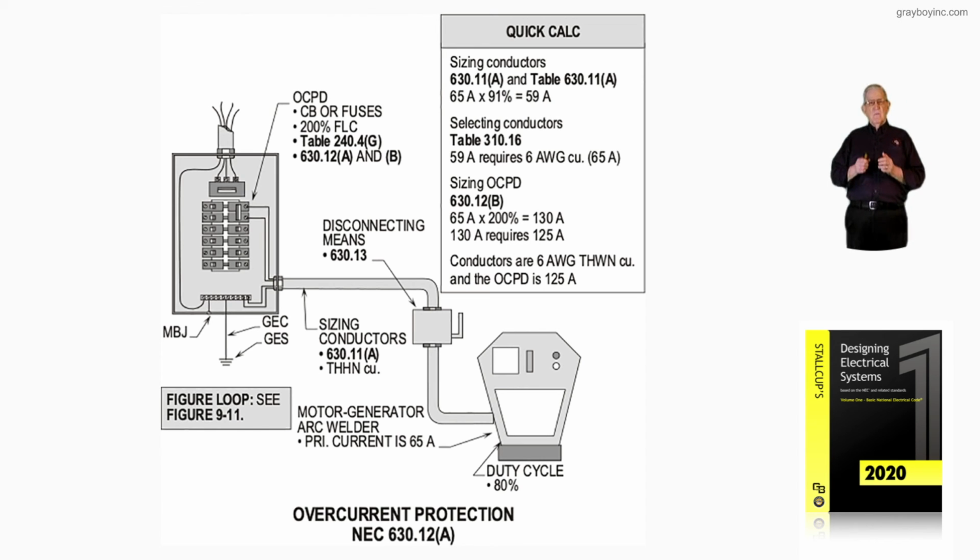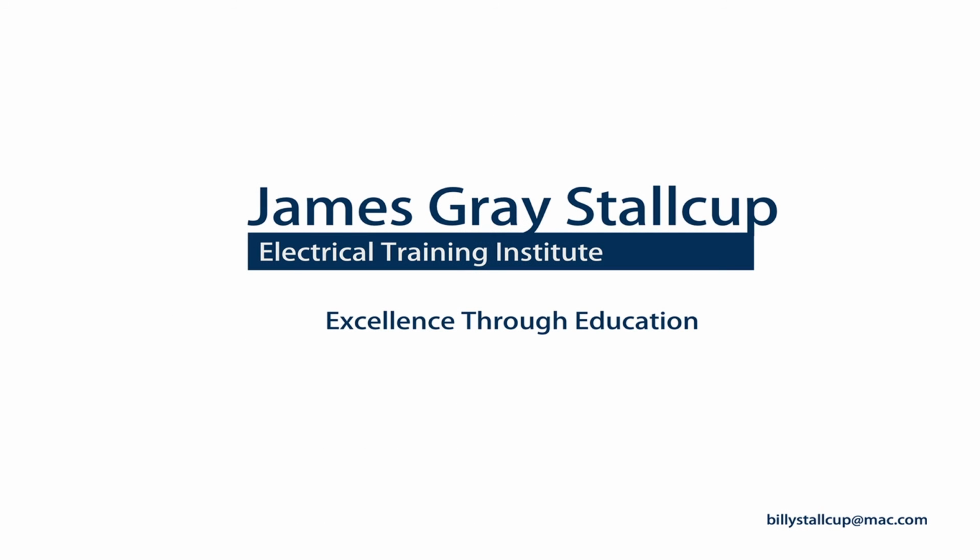So with this information in Figure 14-34, overcurrent protection and conductors, along with the disconnecting means of 630.13, can be used if the disconnecting means is not with the welder in accordance with what is required in 630.13. That's what this Figure 14-34 is illustrating. So we'll pick up